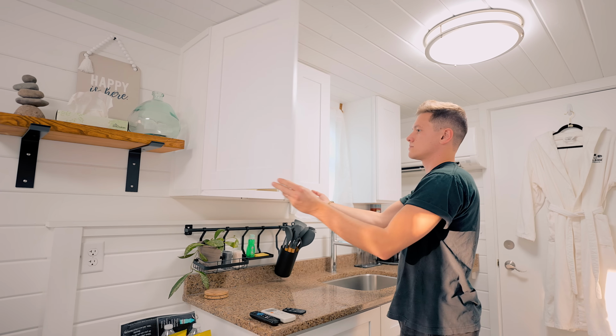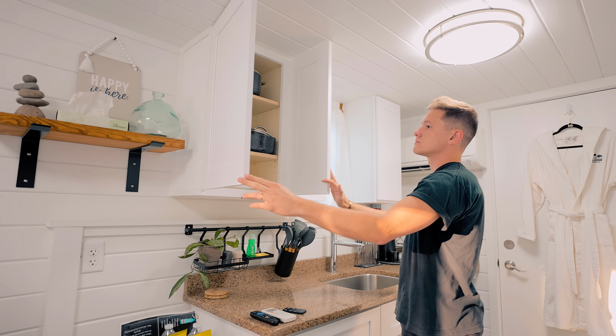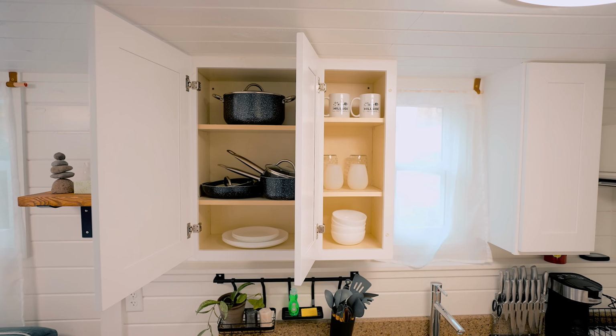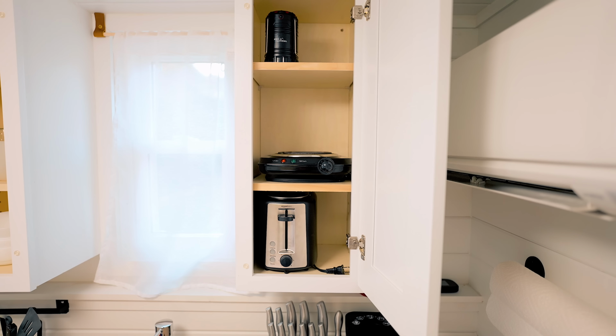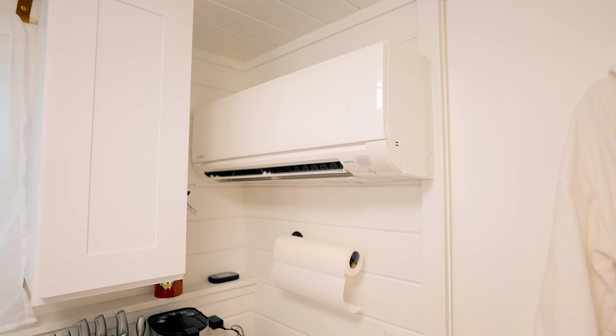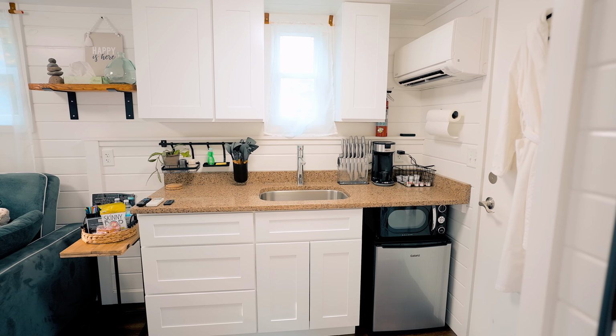Above this you have a window and even more hanging cabinets up here that house more dishes and stuff, and even over here on the right side you have a stovetop burner and a microwave. Over here on the right you'll notice this is your AC unit as well, so this is heated and cooled. It probably doesn't take much at all, and I kind of like where it's located because it's tucked away, hidden